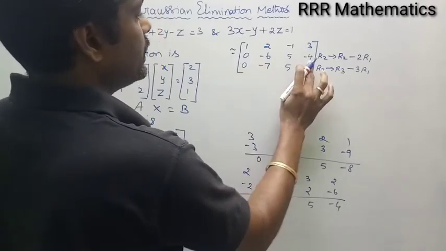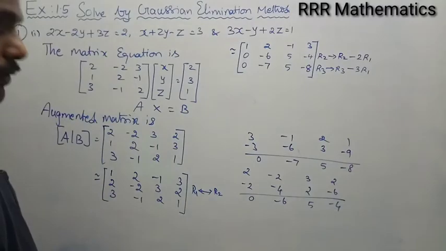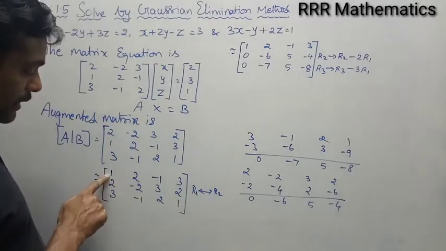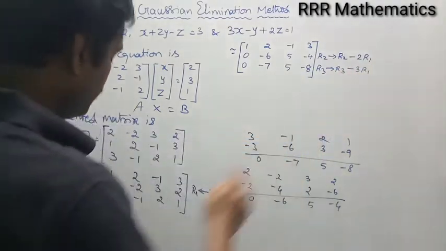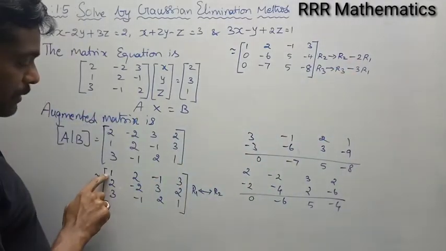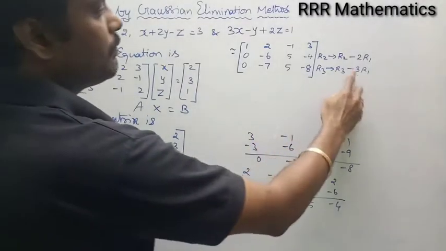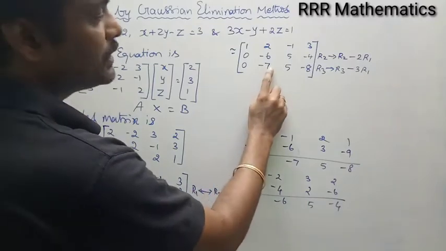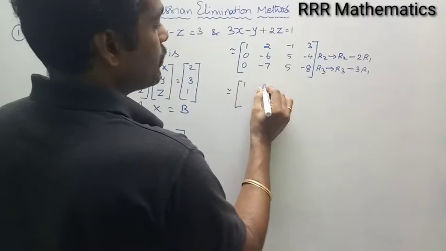I got 0 here and here. So the very first step, to bring it into echelon form, I make the position A11 as 1 by interchanging R1 and R2. Second step, I want to bring zeros here by using R1. Same sign, so I will subtract. I have 2 here, so multiply R1 by 2. I have 3 here, so multiply R1 by 3. When you subtract, you will get 0 and 0 here. Got it? Next step, you want to bring 0 here by using R2. Now, leave the first row as it is.